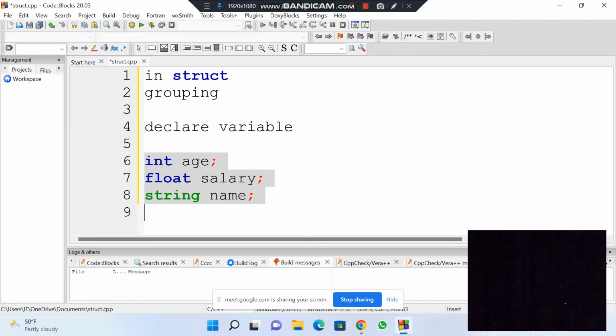So now we're going to go straight to the structure of a struct. A struct, when you write it,